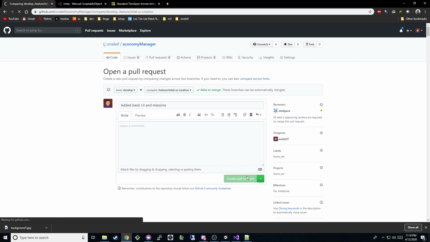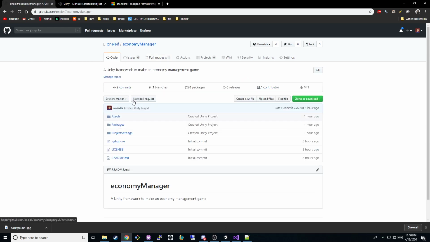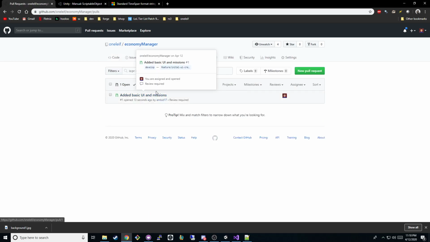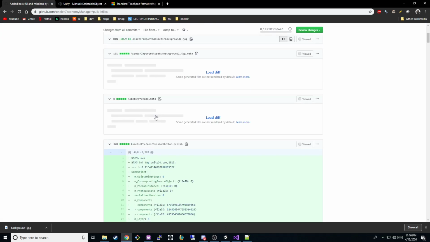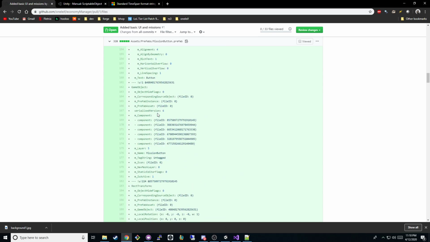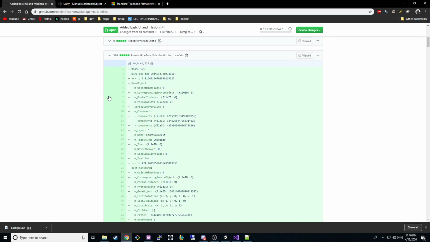So when I create the pull request, basically what you'll see now is if you just come to the repository, you'll see this one up here on pull request. You see there's one open pull request. So you'll click on it, and you'll see the list of pull requests. So you'll click on mine, and then what you'll do is you'll go to the files changed, and you'll look at all the files that have changed, right? And you'll look through the code and say, yeah, this looks good. And you'll click review changes, and you'll either comment on it, you'll approve it, or you'll request changes, right? And so the majority of the time, I'll probably be